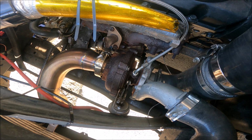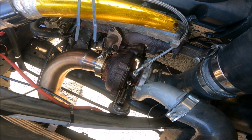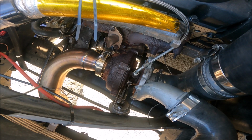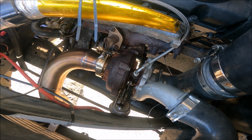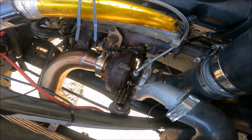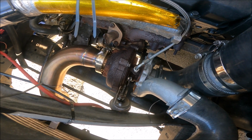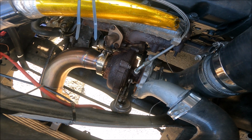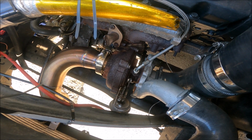Petrols, you run lean, they get hotter. Diesels, you run them lean, they get cooler. Fuel, and rich mixtures, is what melts a diesel. Rich mixtures on a petrol doesn't, it cools them down if anything. So yeah, it's possible